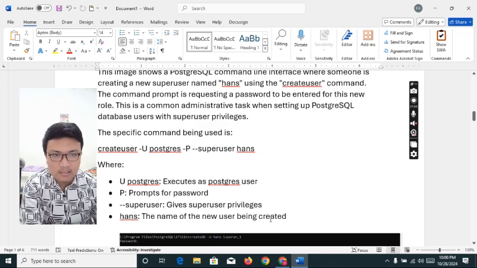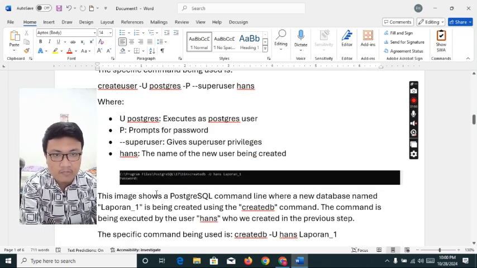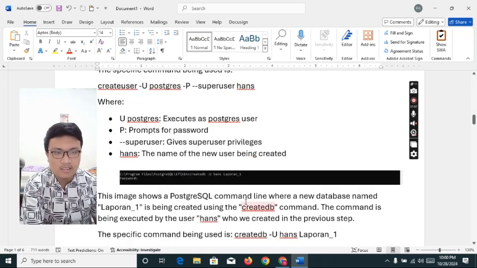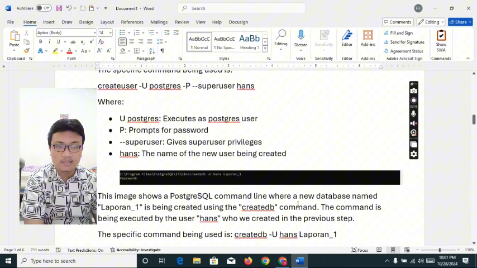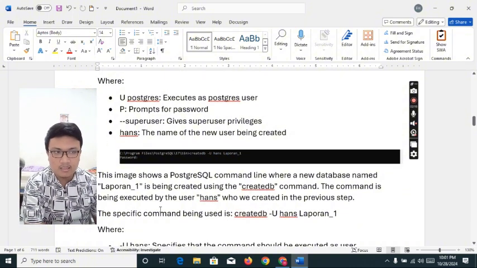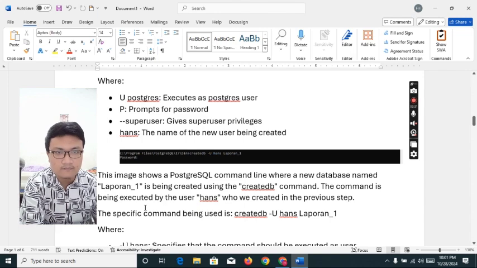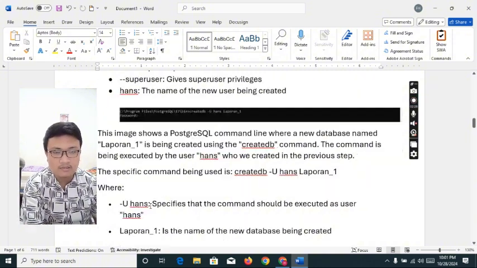Next, this image shows a PostgreSQL command line where a new database named Laporan1 is being created using the createdb command. The command is being executed by the user Hans, whom we created in the previous step.